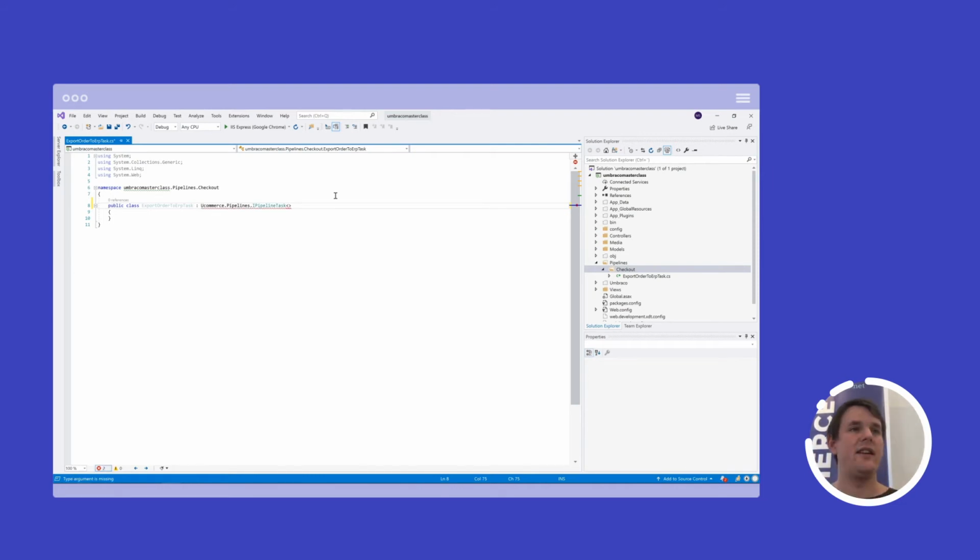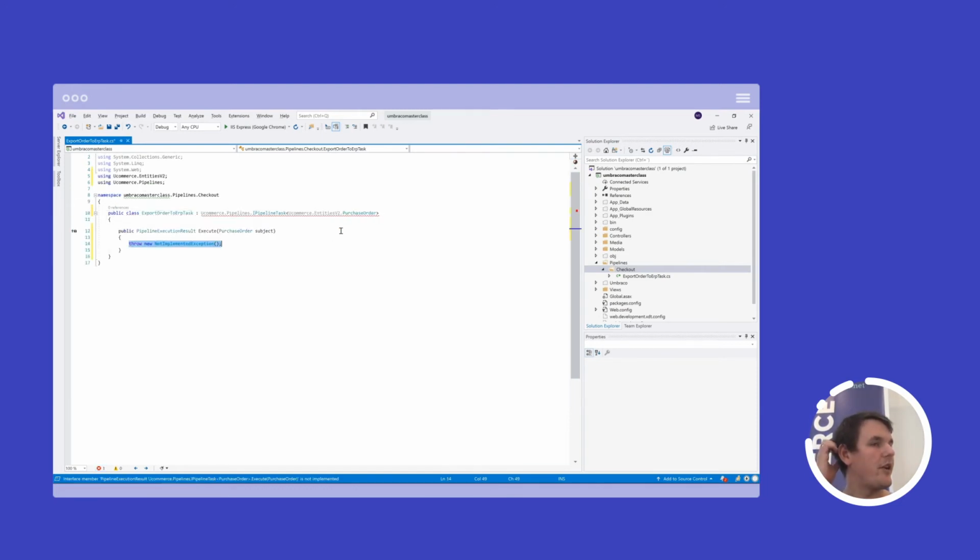And as I said, pipelines in UCommerce are generic, which means that I have to specify the generic parameter that my pipeline task operates on. When it's being composed together, the IoC container has to compose it in the right type, otherwise it will not work properly. And that indicates to me, from the interface that I'm implementing, what type my pipeline task works on as well. In this case, it's UCommerce.EntitiesV2.PurchaseOrder.